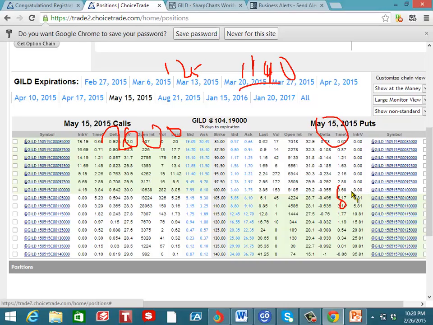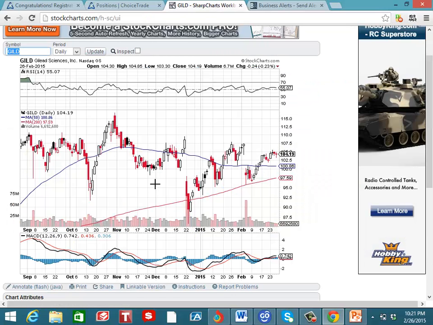So the stock goes to 80 and we had 104, means my put's worth 2,400, my call's worth $0. So as long as it breaks out on one side or the other, I'm making money, and very nice, because I don't care if we're in a bull market or bear market, you can make money in any market here. And I usually send you about 4 to 6 straddles every month, and we're highly consistent with